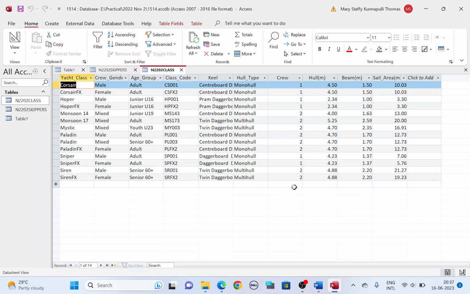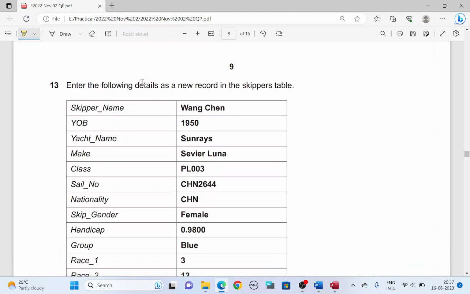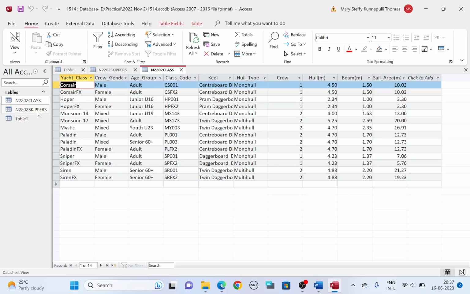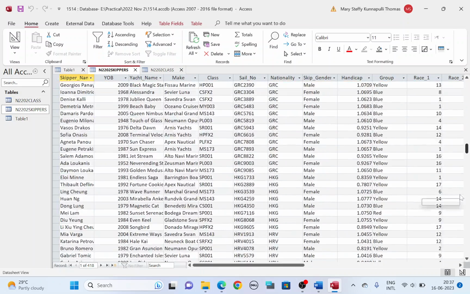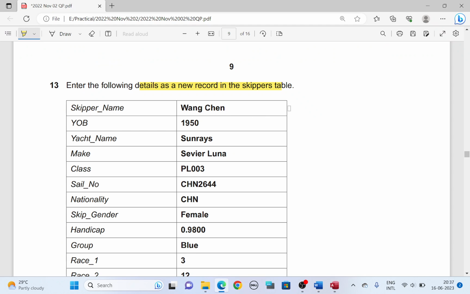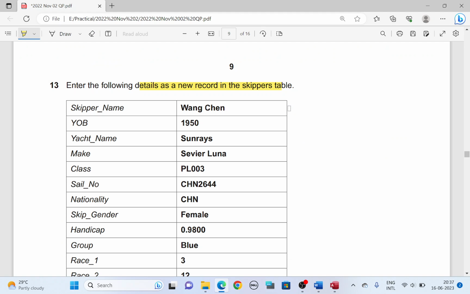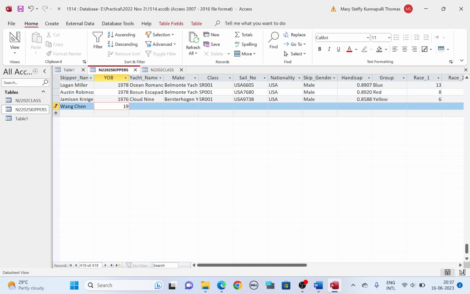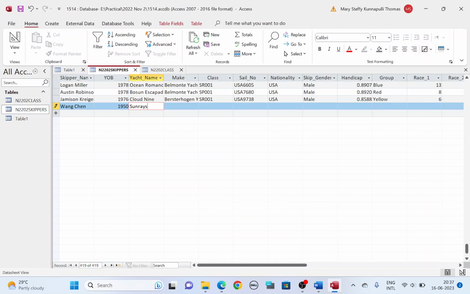Okay, now continuing. Next step, enter the following details as a new record in the skippers table. So double click, open the skippers table, scroll all the way down to add the new record. To add the new record, starting from skipper name, Wang Chen, and then year of birth 1950, sun rays,